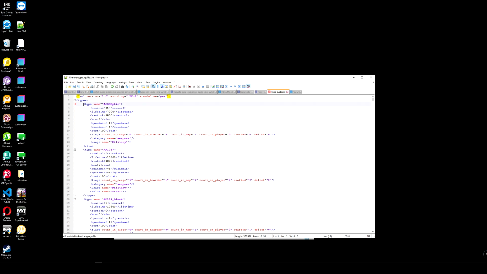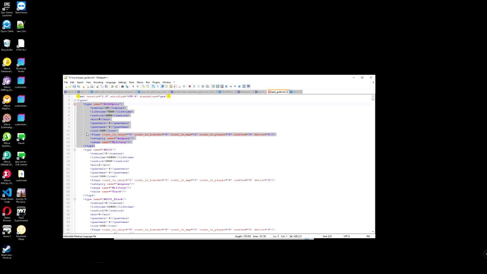So the rest are called classes. It is basically your items in the game, and each class defines the properties of each item which you spawn in the game, right? It has a very specific syntax which you must follow. Again, this is the rule of XML. If you misplace something, if you change the case of the letters, if you remove something, it will not work.